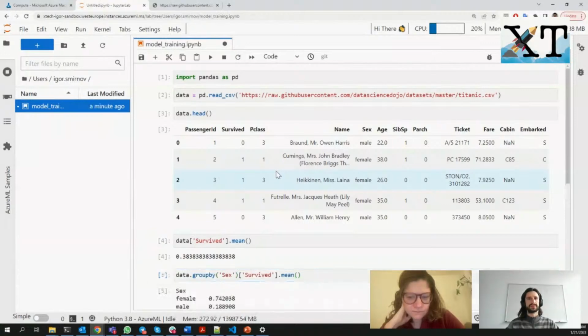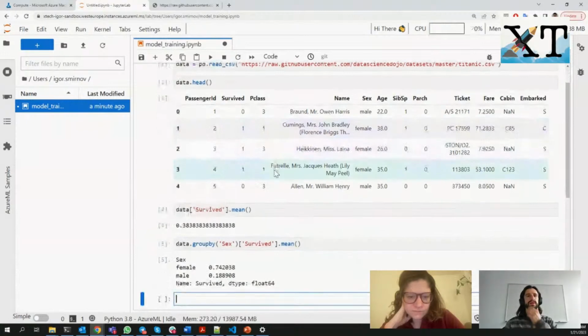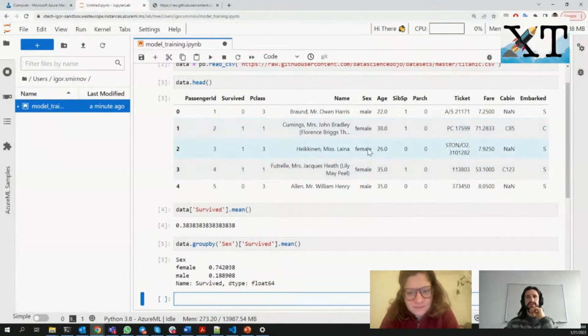I think it will look like this. Okay, that's how it's supposed to be, I guess. So they tried to save females, like women and kids. There's age actually. We can create ranges of age, but it's a numerical value, so